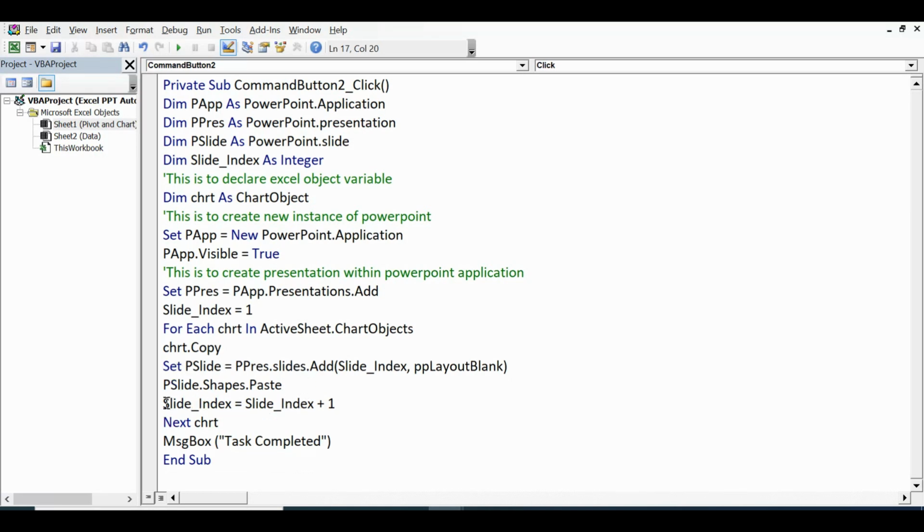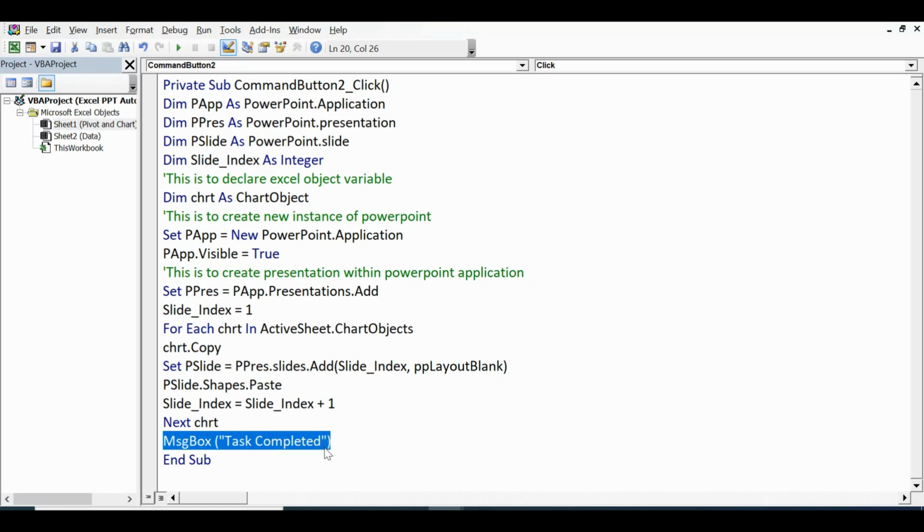And what I am doing here, slide_index equal to slide_index plus 1. So I am increasing the variable value by adding 1. So it will run three times, and then the closing statement of the loop, Next chart. And finally I have written one message box to inform that the task is completed.